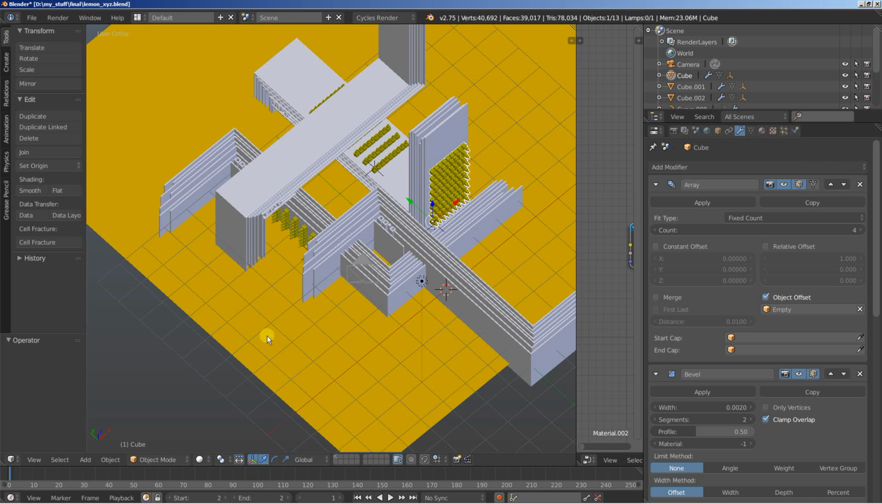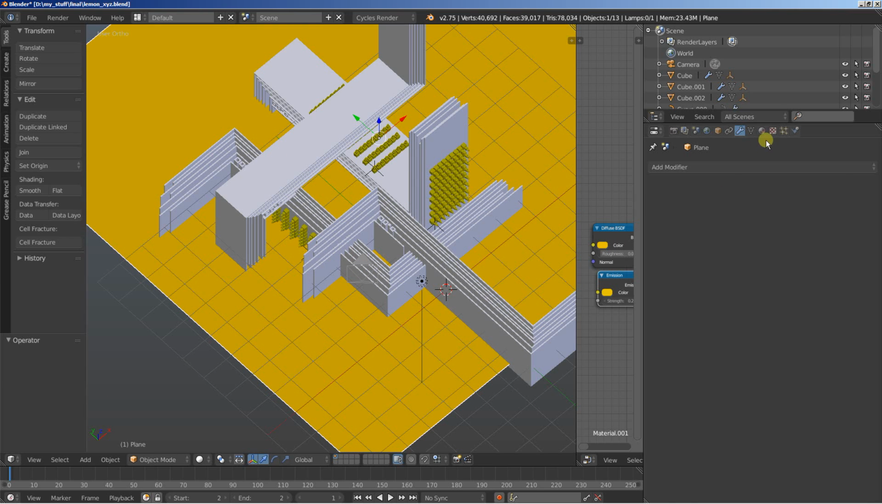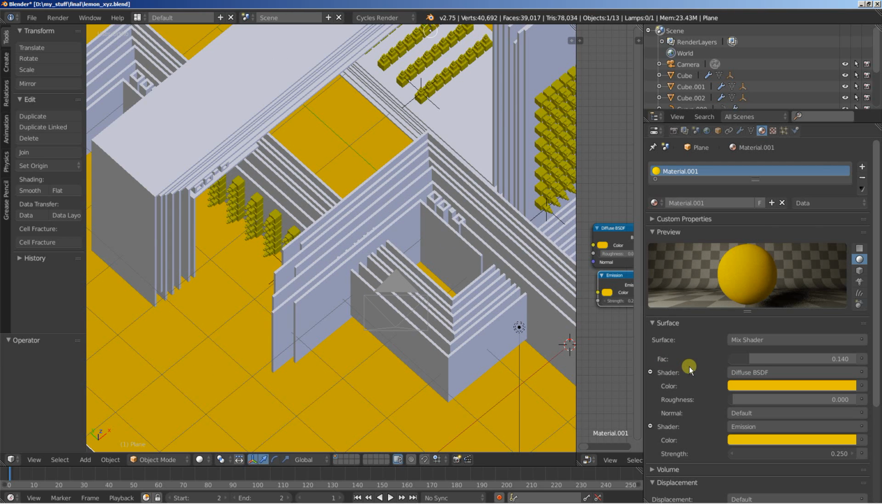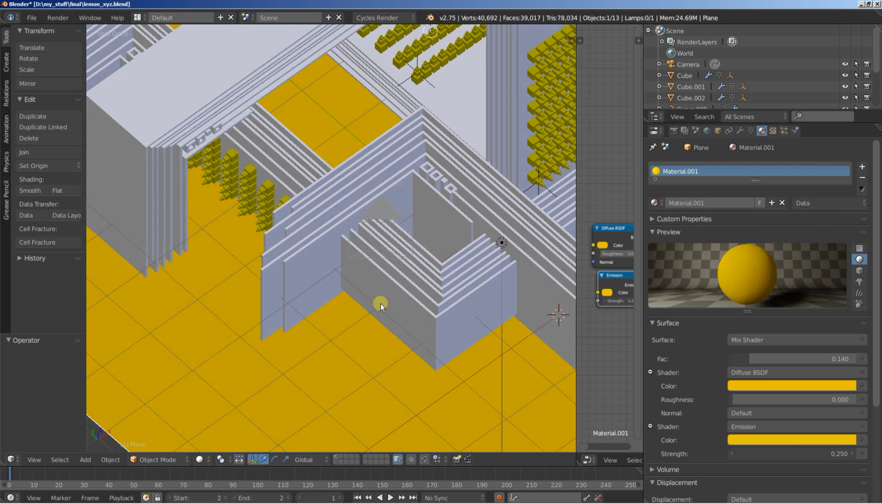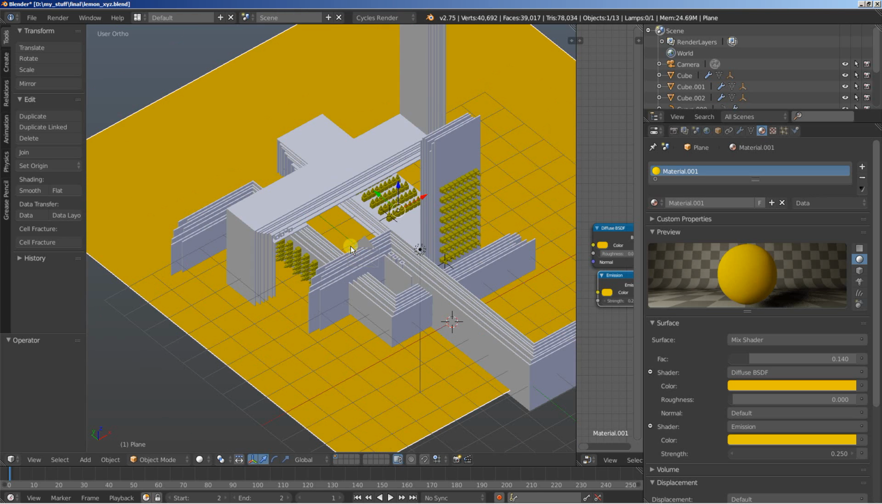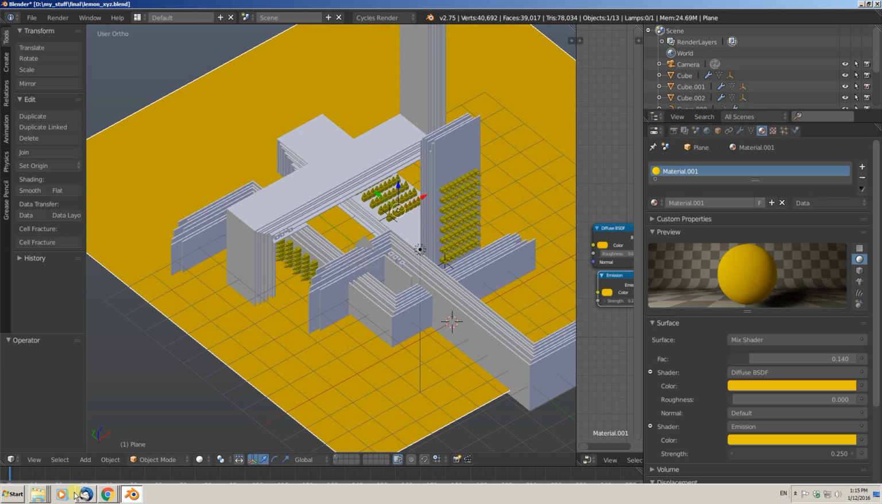Another nice touch on this one is the floor, and the floor uses a mix shader that uses diffuse and a tiny bit of emission, and that emission here is what brings the scene to life and adds this nice yellow bright color to it. Alright, on to the next one,